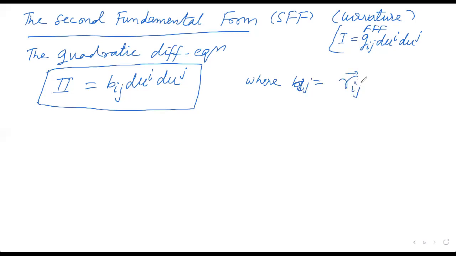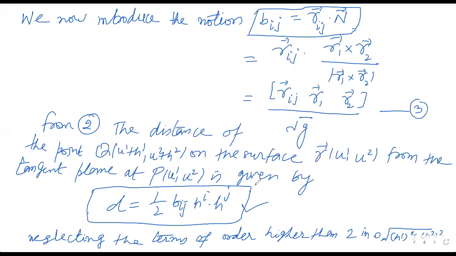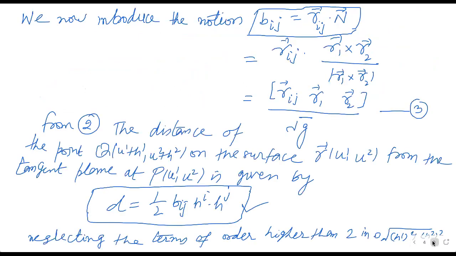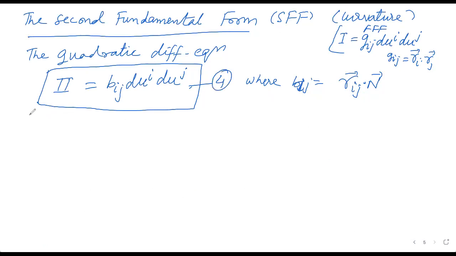Rij dot n, ये जो हमने पीछे किया ये आ जाएगा। यहाँ Gij आपका होता था Ri डॉट Rj, है ना, ये था, ये Bij है, तो डोंट गेट कंफ्यूज, इट्स अ डिफरेंट। ये जो Bij आपका है, इस तरीके से कैलकुलेट कर सकते हैं, एंड इट हैज रिलेशन विद G आल्सो। दिस इज योर सेकंड फंडामेंटल फॉर्म, द क्वाड्रेटिक डिफरेंशियल इक्वेशन। इसको नंबर 4 कर देते हैं, पीछे 3 था, तो 4 अगर हम कर दें, this is called the